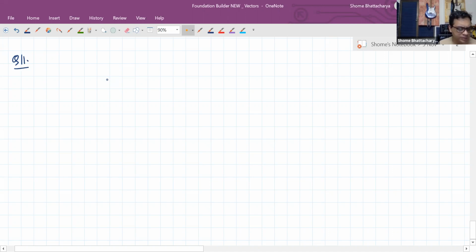So it's saying that you have a particle moving eastward with a velocity of 5 meters per second. So let's say I represent that initial velocity towards east as the initial velocity. So I'll write it as v initial is 5 meters per second towards what I have taken as my east direction. So this is my north direction.